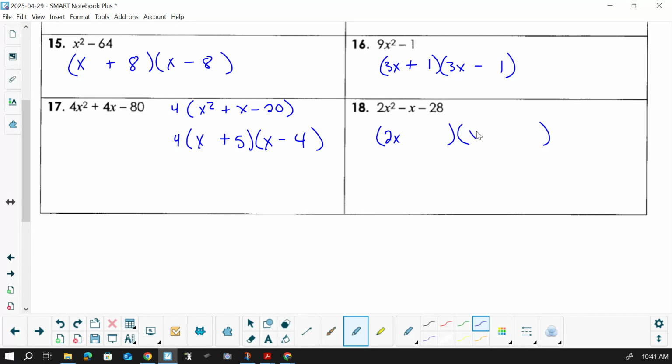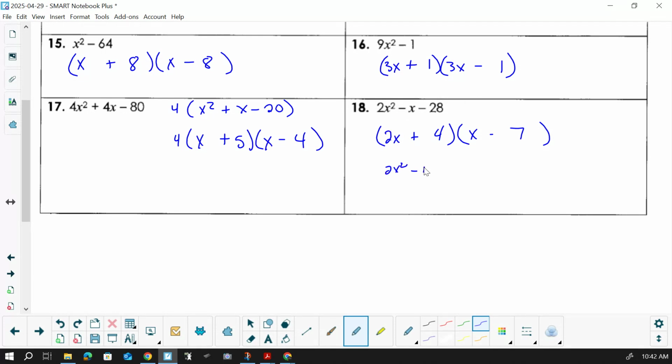Now to get a 2x squared, you got to have a 2x and an x. Okay? To get a 28, there's a lot of ways you could do this, right? But to get a 28, I'm going to go with a 4 and a 7. Okay? Let's try 4 and 7. Now, if you go, okay, I know 4 and 7 is 28. That's all right. But let's try it here. Let's put the 4 here and the 7 here. 2x squared, well, and it's different, minus plus. Just try it. 2x squared